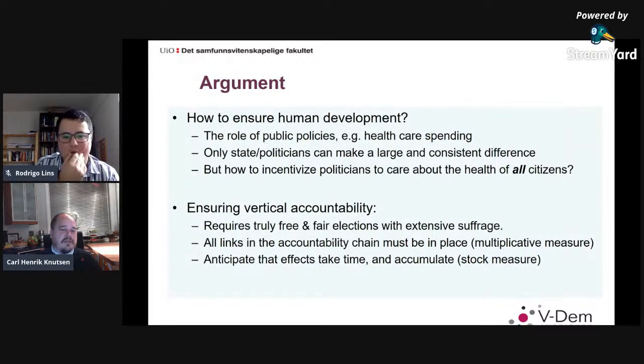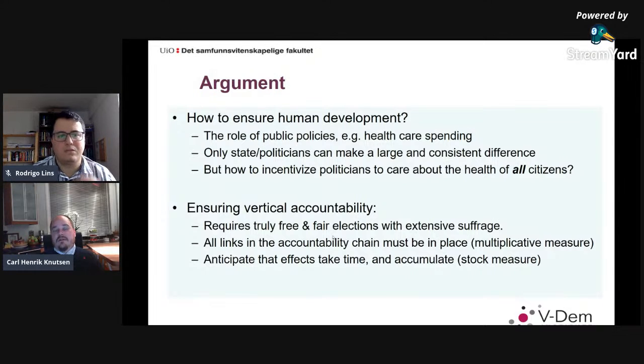And just to give you the short story in 30 seconds, the story here is about the importance of disciplining the incumbent politicians who are on top of the state. So we don't go around assuming that all democratic politicians are inherently good and want to spend money on healthcare in rural areas for poor people. But we say that whenever there are free and fair elections, and these politicians need to cater to voters, also relatively poor voters in the rural areas, for example, then they get a very, very strong incentive to spend on healthcare or water wells, or things that basically improve the health and well-being of families and